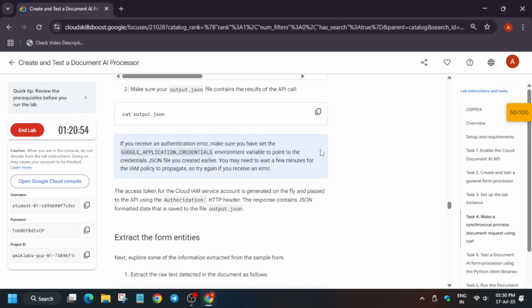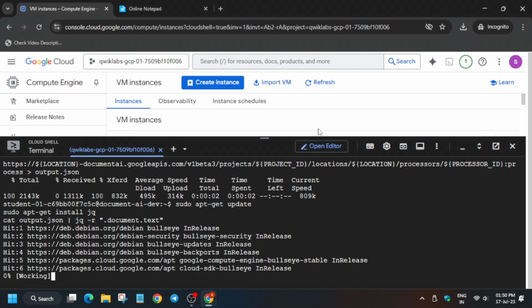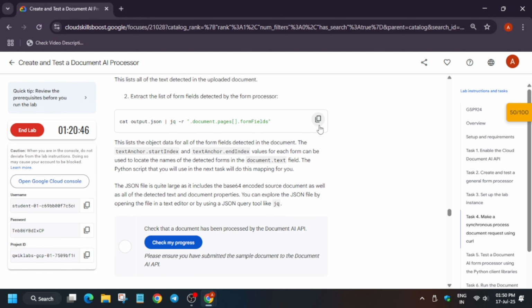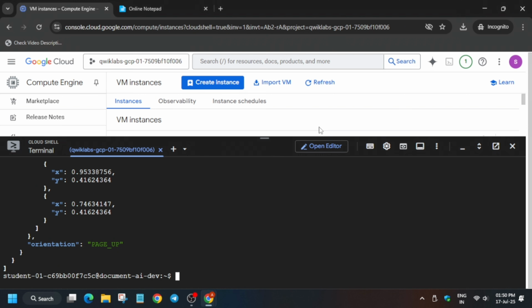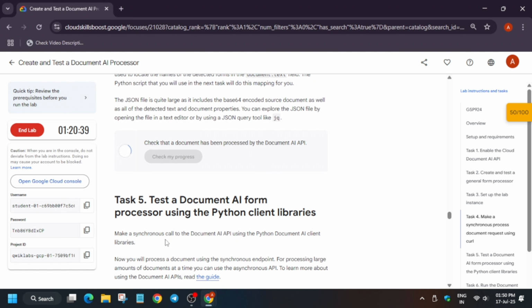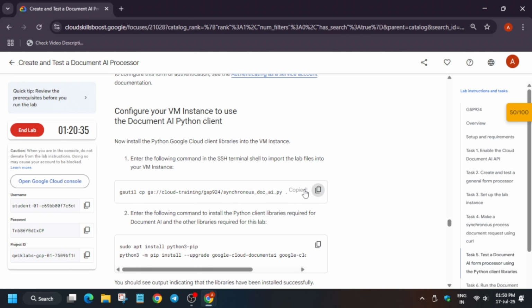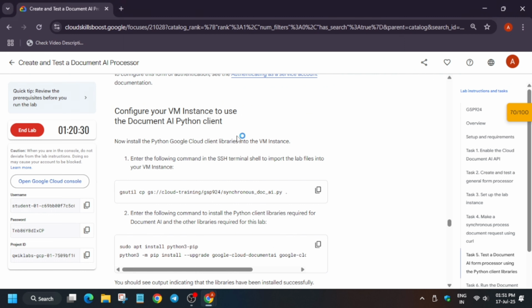Now next step is that you have to just run this sudo command again, and once the sudo is run, you have to run this one to view the results. So you can see we got the output, and that's how we are doing the lab. Now I think there is one more, the last task. So you have to just copy this again. Basically we are configuring our VM instance again,